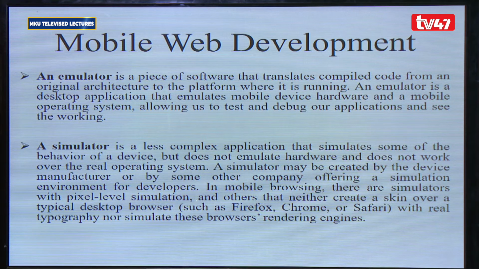It simulates how your mobile application will be working, a real-life experience on a mobile. So before you launch your mobile application, you have to put it on a simulator and it will show you how it will be working.